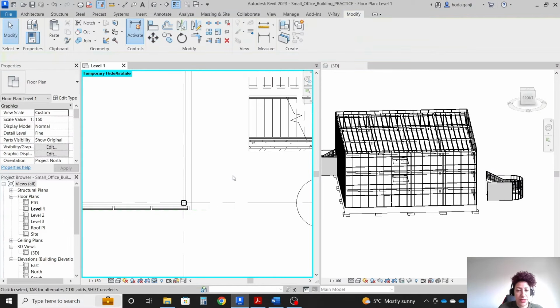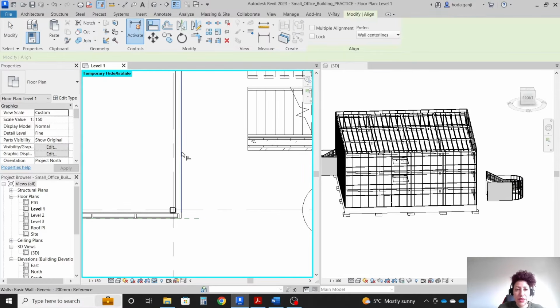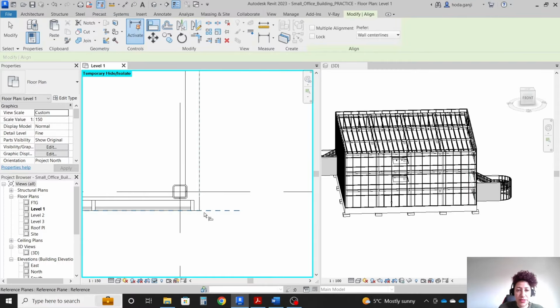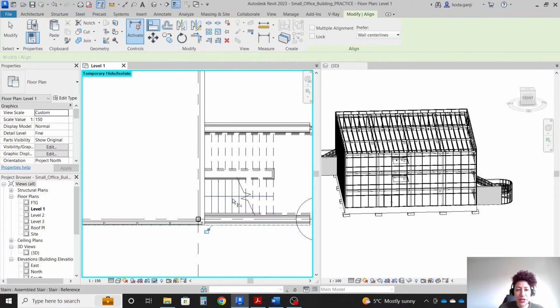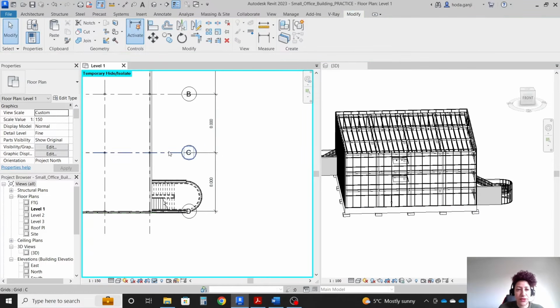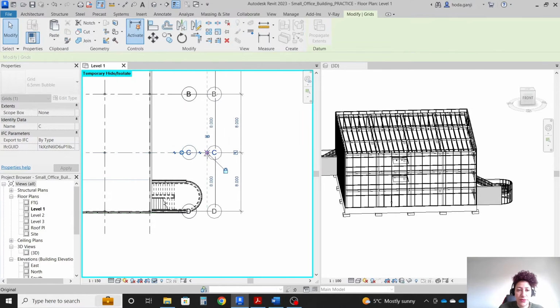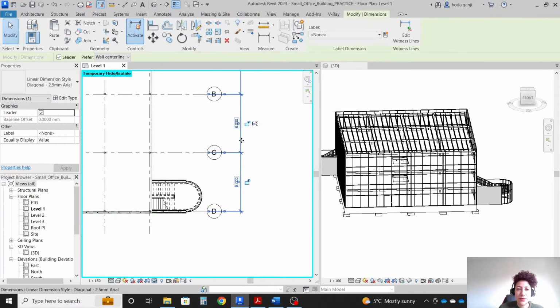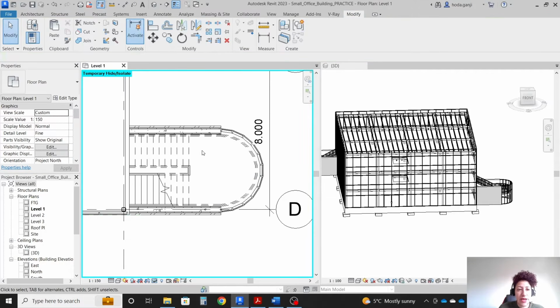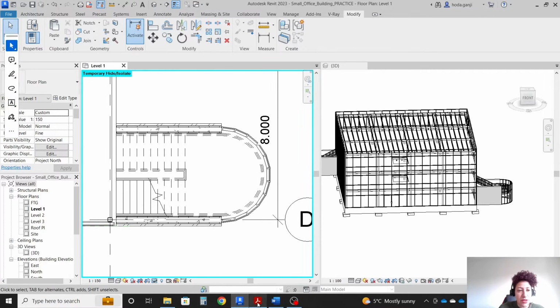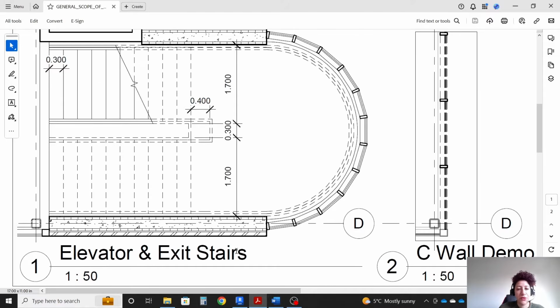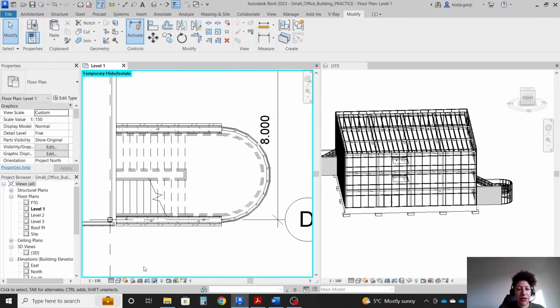And I can use align again, AL, aligning with the edge of the foundation wall and aligning with the exterior of the building. And of course, if I click here, I can move this out. I can move the dimension in. Now it's better. So what we have here is basically what we have in this detail. I'm gonna